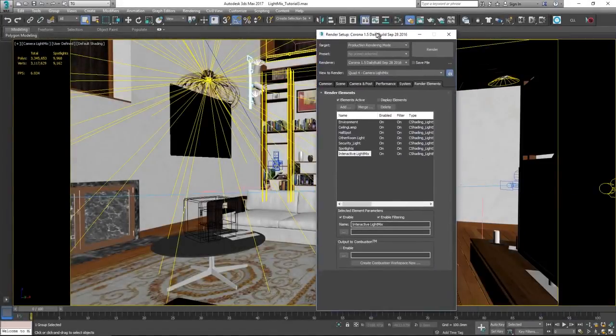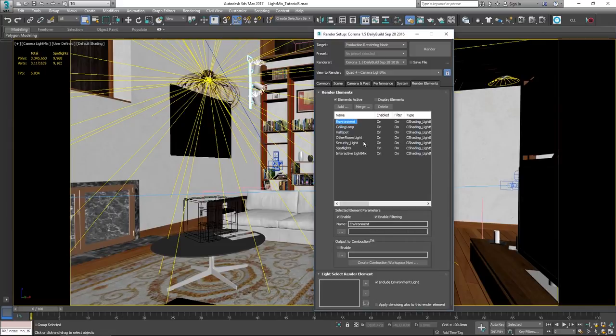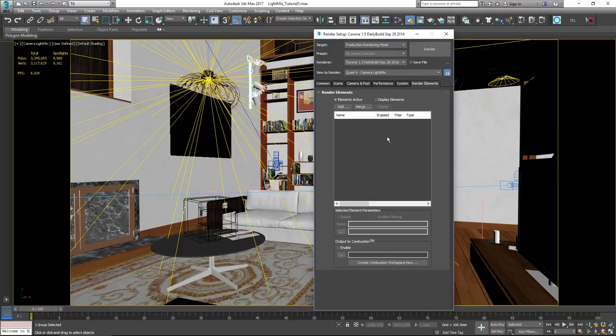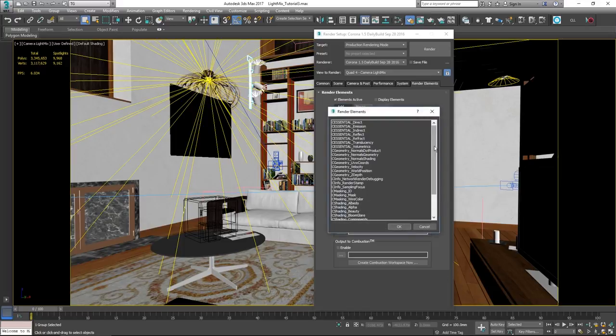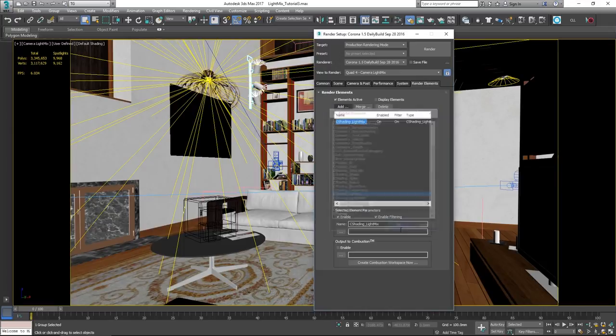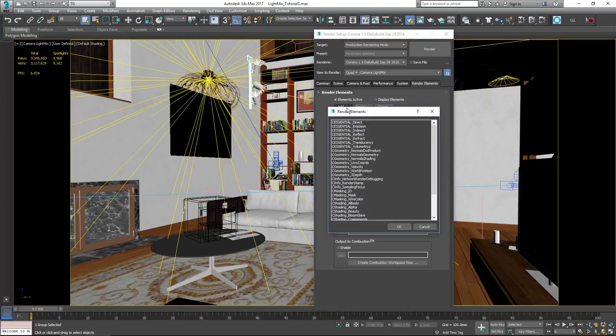Okay, let's have a look at setting up the scene manually. It's still also very easy. What I'm going to do is delete all the elements that were added with the automatic single button press, and I'll walk you through how to add them in the scene. So first thing you need to do is add a C shading LightMix. Every scene that uses the LightMix needs one of those. Next step is to add a C shading light select,